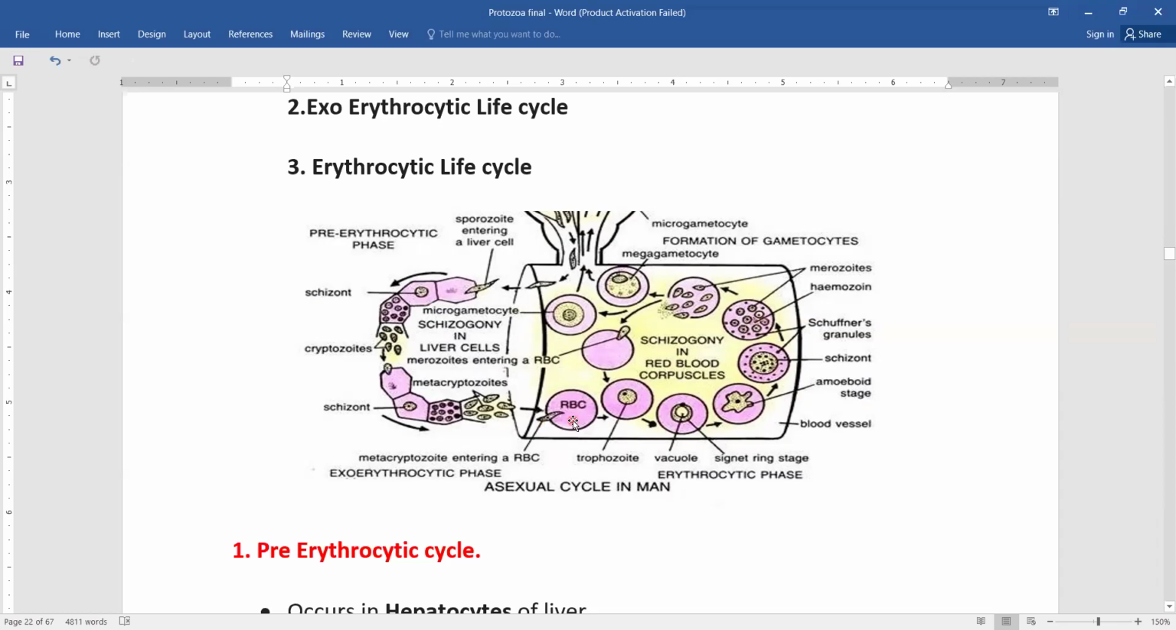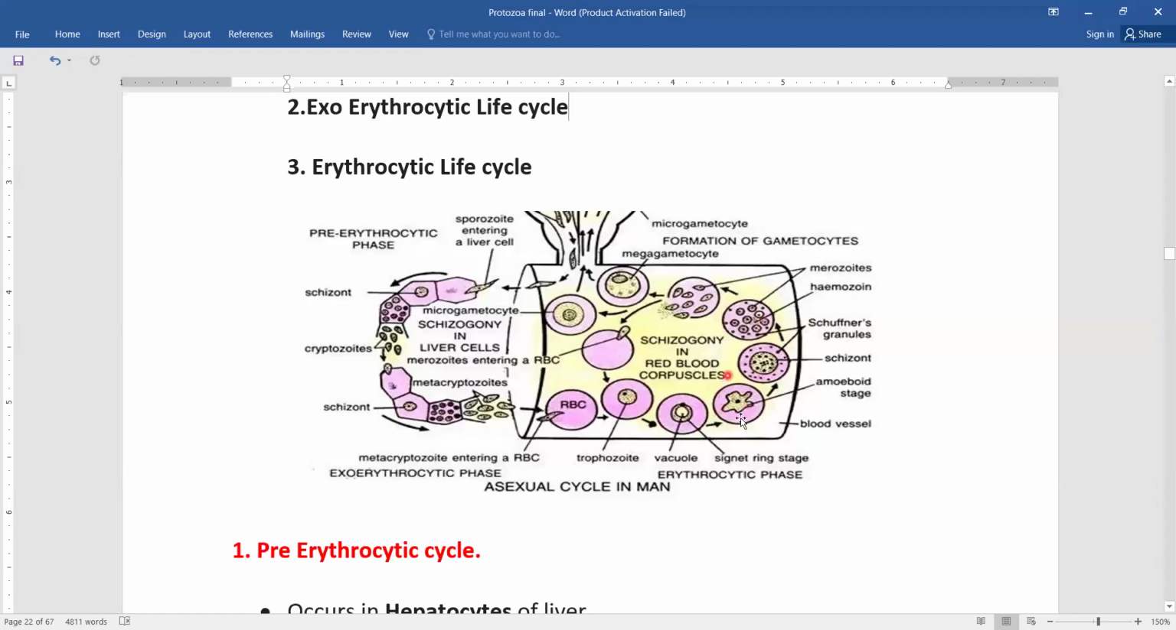In the RBC, first of all, it is transformed into a trophozoite stage, which increases in size by eating the contents of the RBC. During this period, a vacuole is formed. This vacuole pushes the nucleus towards the periphery and it looks like a ring, ఒక ఉంగరం లాగా కనిపిస్తుంది కాబట్టి this stage is called the signet ring stage. This is the trophozoite stage. Later it loses the vacuole and is transformed into an amoeba-shaped structure,